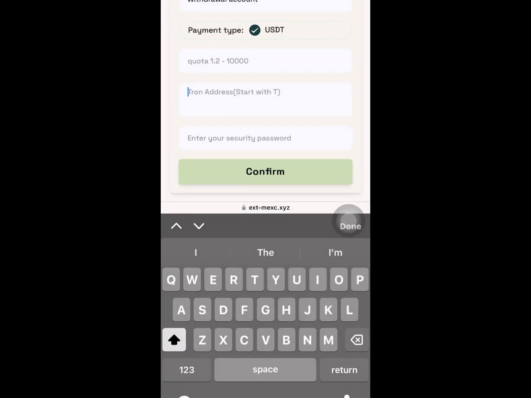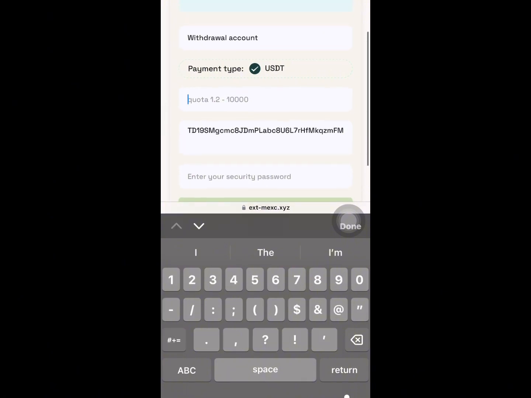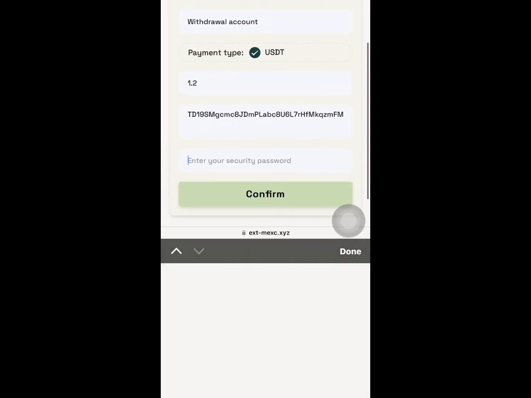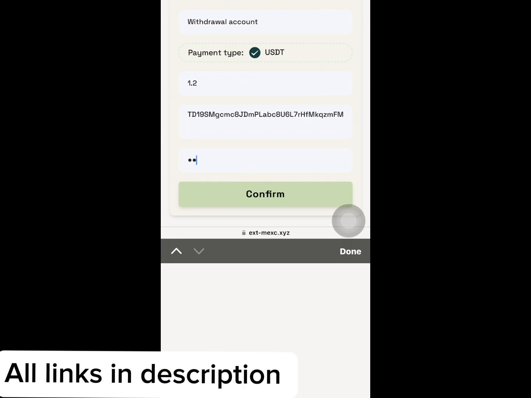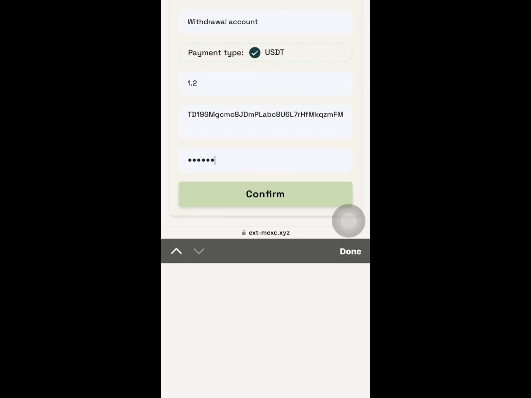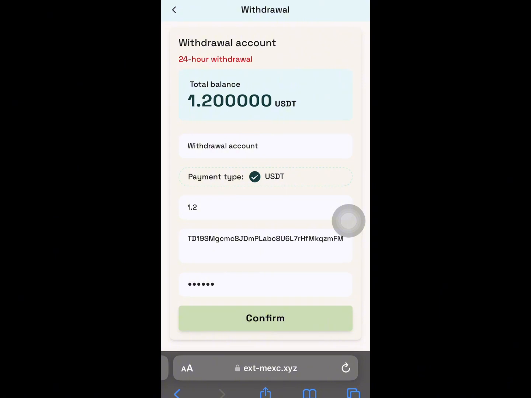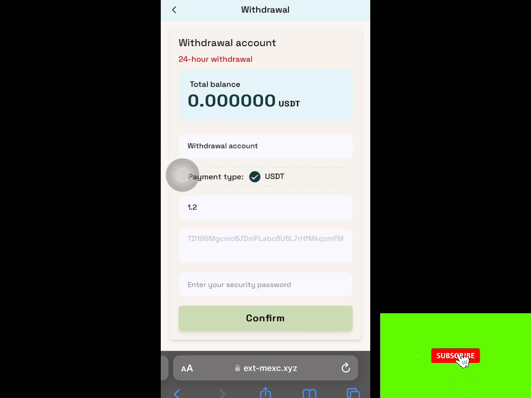I'll just paste the wallet address over here, input the withdrawal amount over here, then I'll just type in my withdrawal password over here. So I'll just click on confirm. So they said withdrawal succeeded over here. Withdrawal succeeded. So guys, whilst waiting for my withdrawal, let me show you how you basically register a new account